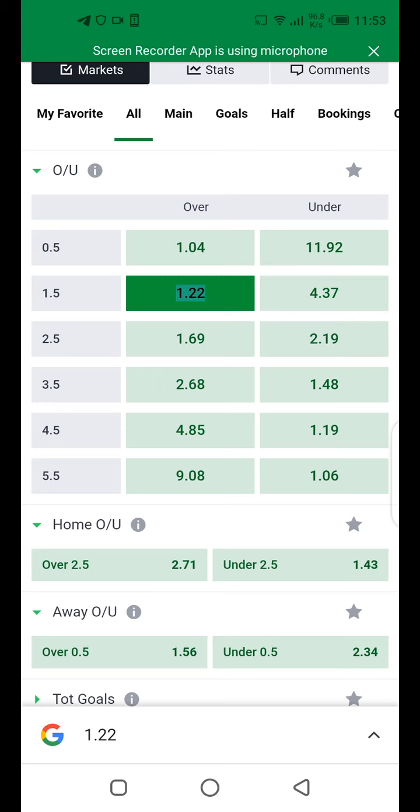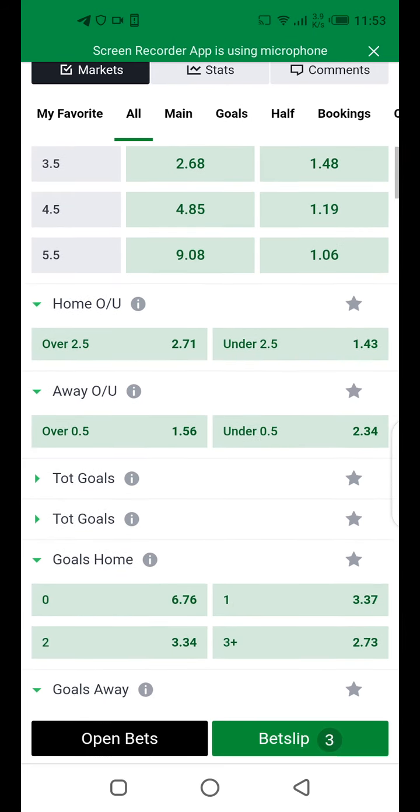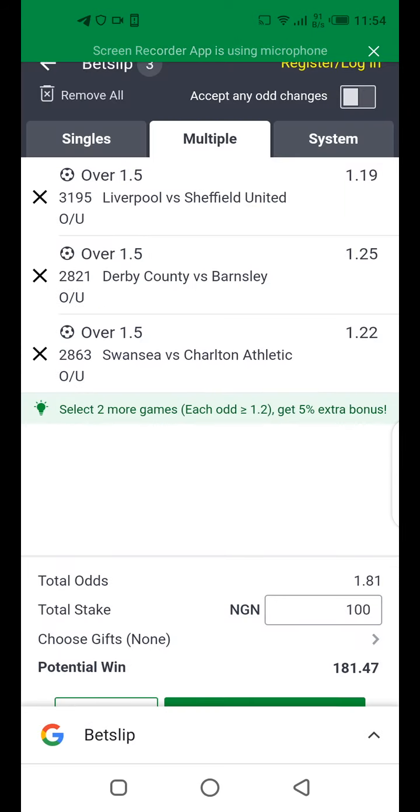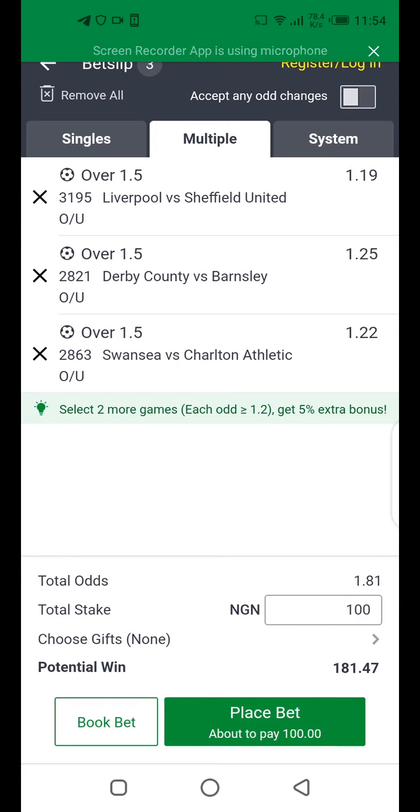Now, all the 3 matches I selected have been added to my bet slip. If I scroll up, you will see at the bottom right-hand side of my phone, bet slip 3. It means that all the 3 matches I selected have been added there. So I just click on the bet slip, which has the 3 there. Once I click on it, I'll be able to see the games. You can see